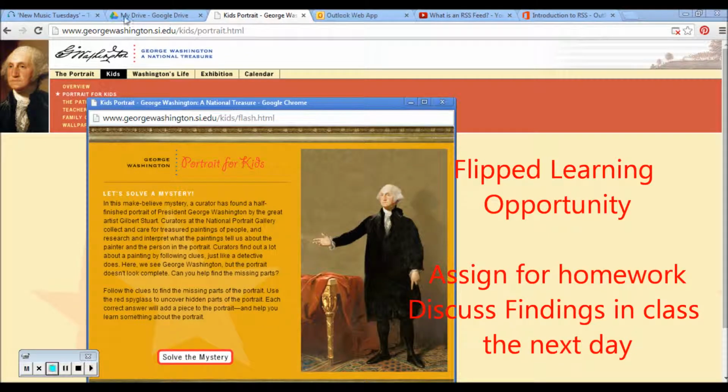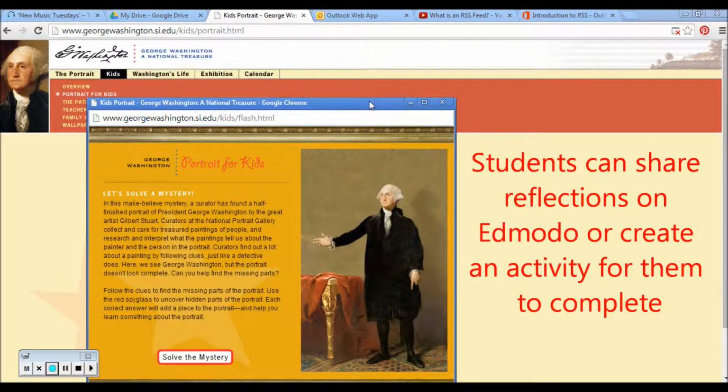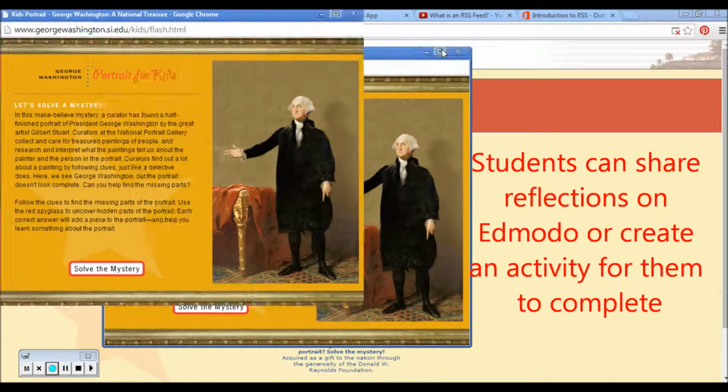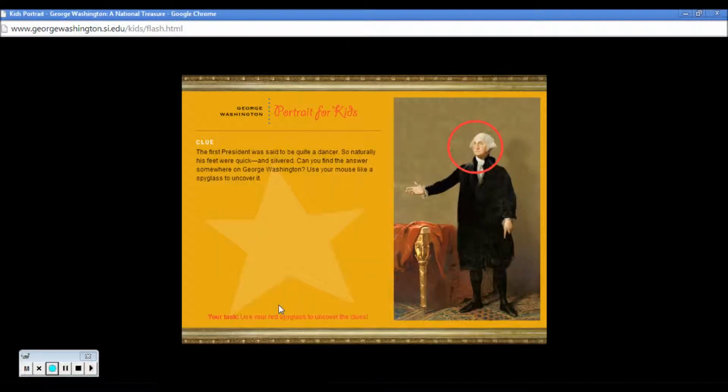So I might point out the website, or I would have a link for it for them, and then just go ahead and demonstrate real quickly what the program looks like and how they're going to go through and read clues. We might do the first one together, and then have them work on this. So anyway, this might